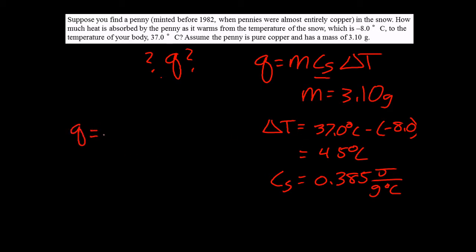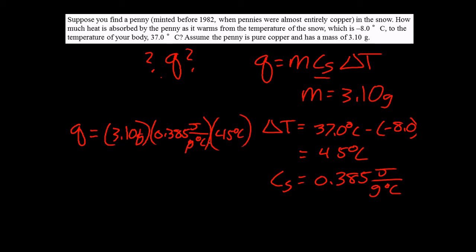And so if we do that, what we'll have is 3.1 grams times 0.385 joules per gram degrees C times 45 degrees C. Notice here that grams and grams cancel, degrees C cancel, leaving us with joules. And so the amount of heat that that penny absorbed is, technically we're only supposed to have 2 sig figs, but I'm gonna cheat a little bit and give myself 3, 53.7